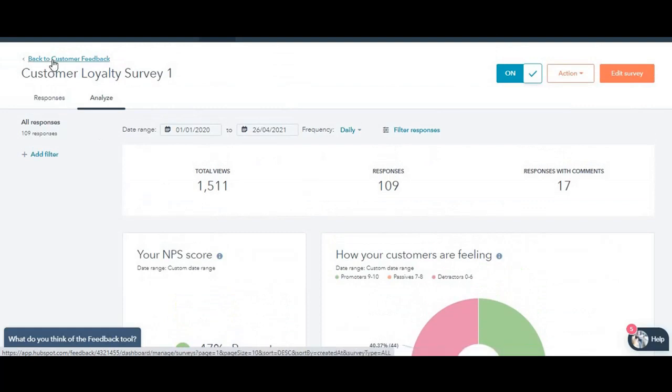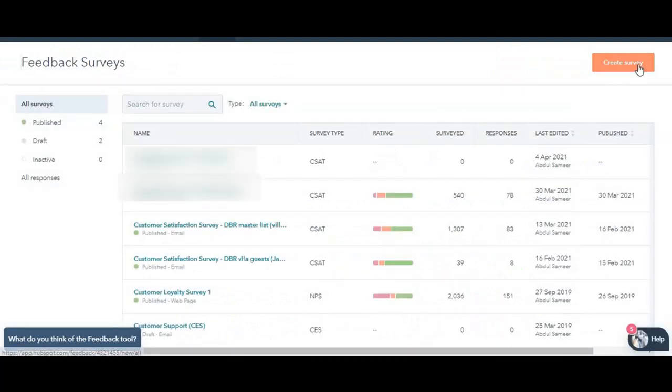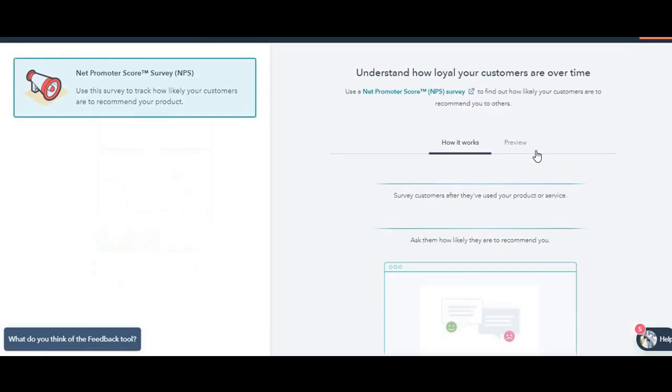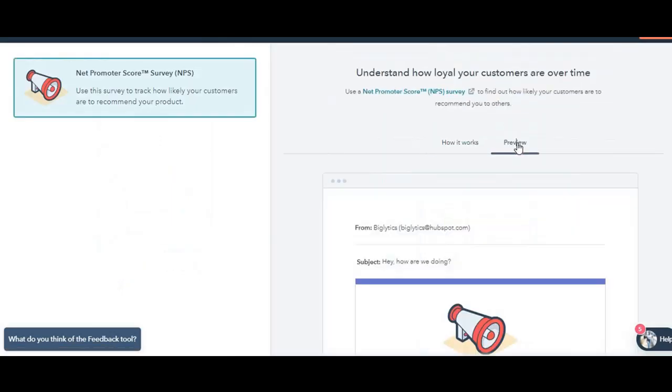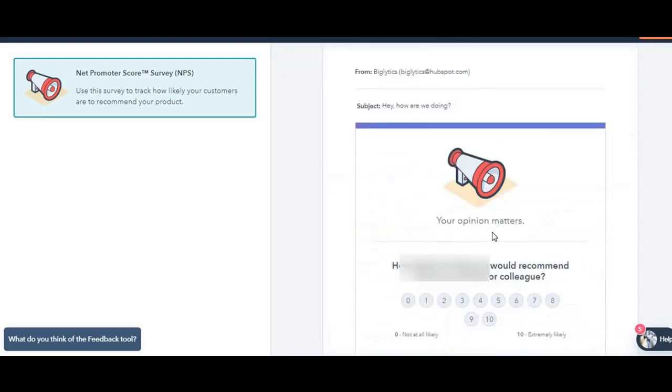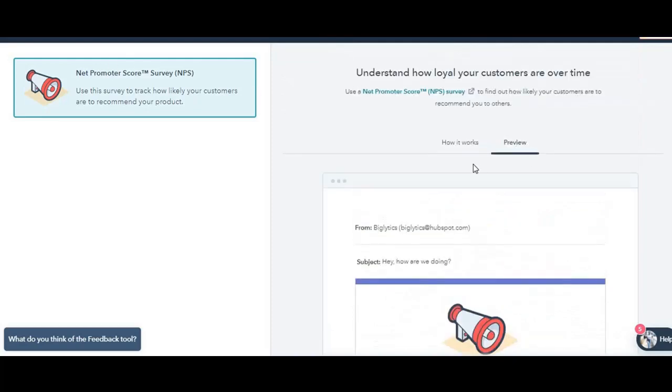Let me go back to the survey and I'm going to click on create survey, and you'll find NPS over here. You can also click on how it works and click on preview here. It shows a range of 0 to 10. Like I mentioned, you have detractors, passives, and promoters. So this is how it'll look. I'm going to start,